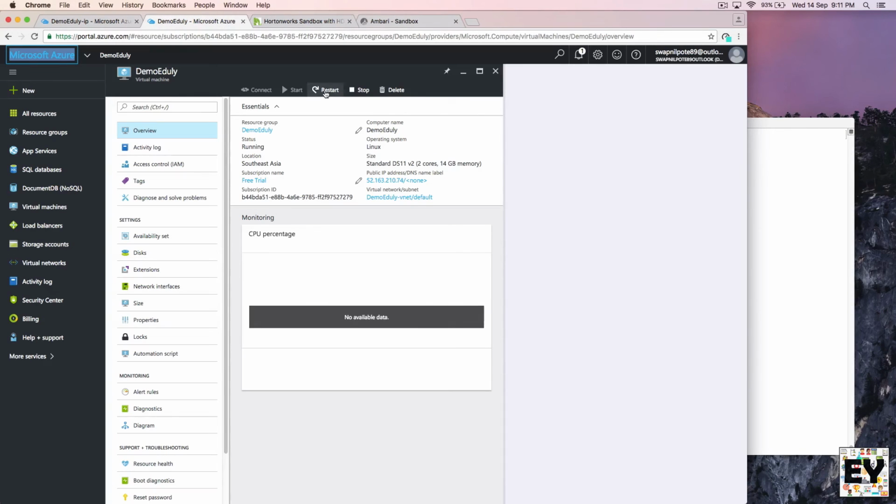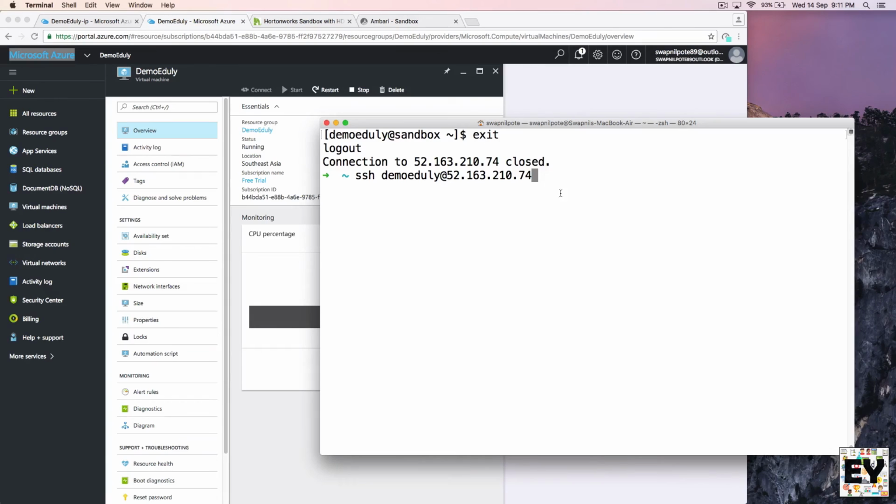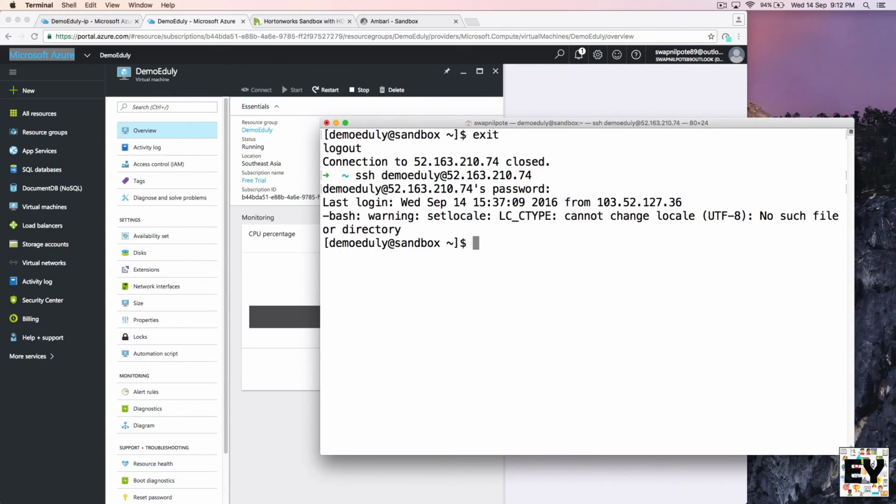Okay, and if I stop and restart it, then if the IP address changes, you need to enter that new IP address. Right now my IP address is the same, and if we need to access that particular shell again, I'm going to hit enter over here. Every time it is going to ask for my password. Just enter that password and I'm going to get into my shell again. I'm going to exit right now again.